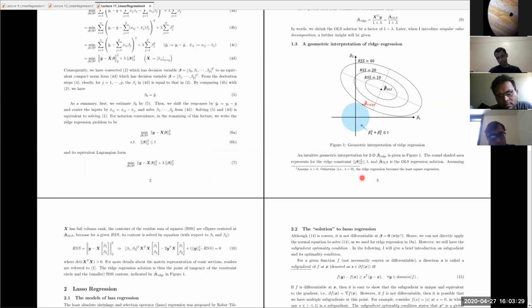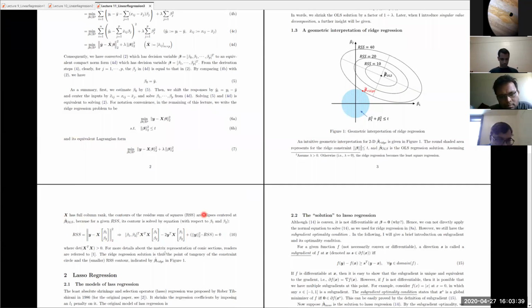So suppose X is full rank, of course, and now let's see what RSS is. Because I only have beta 1 and beta 2, RSS is equal to this, and then you can expand it to be this way. You have this equal to 0. And this is very clearly a conic equation. And in the conic equation,